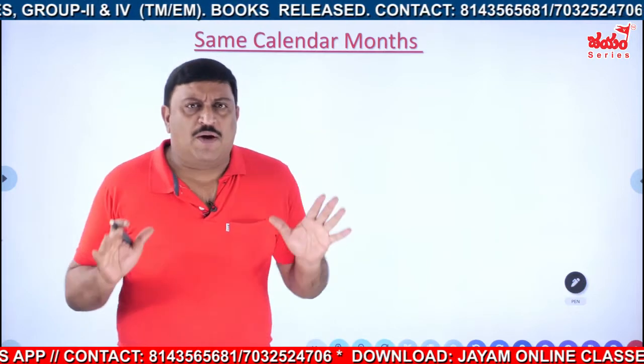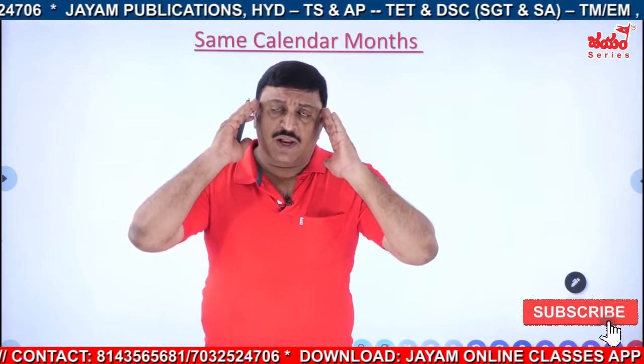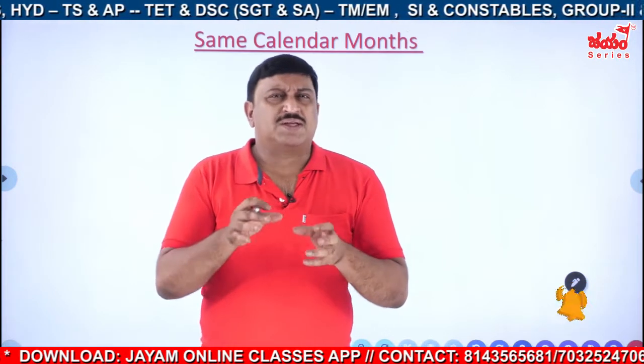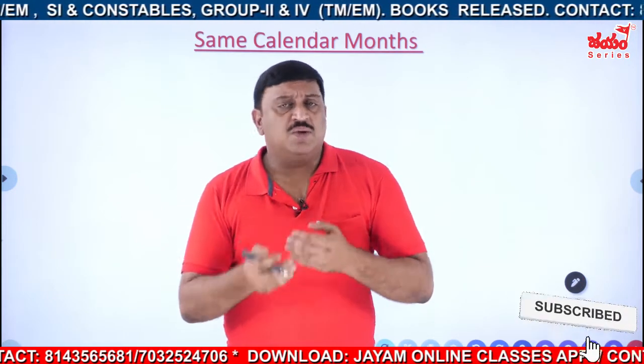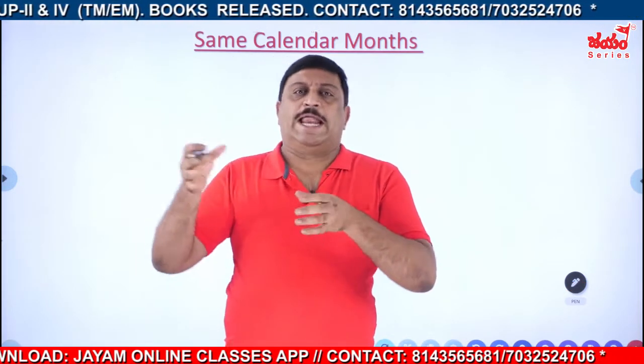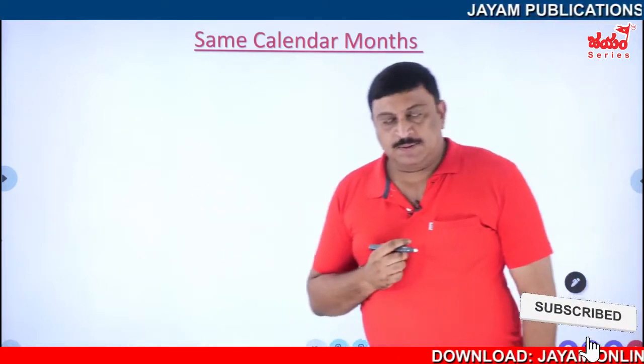Our general concept is finding odd days if there are any weekdays. That means 7 days are there, so we have to remove that to find out the odd days. And our prime motto always, for any question in calendars, we have to use code plus or minus odd days. Keep away that negative sense and use positive sense to get the answers. That is, code plus odd days is equal to the day. So let us start now the same calendar month.